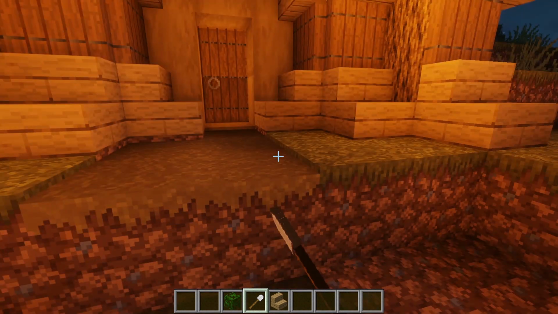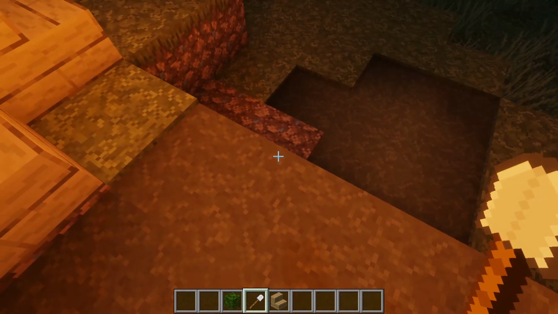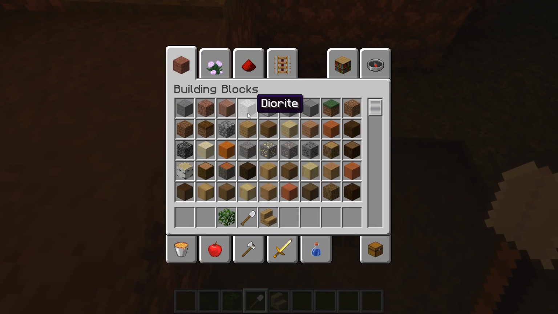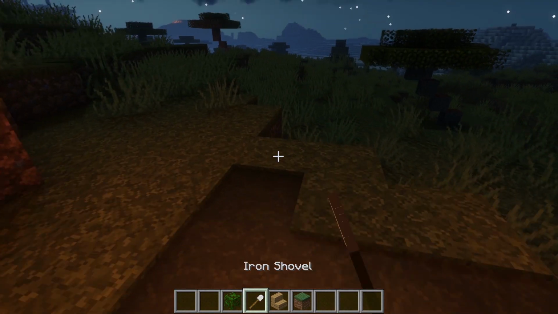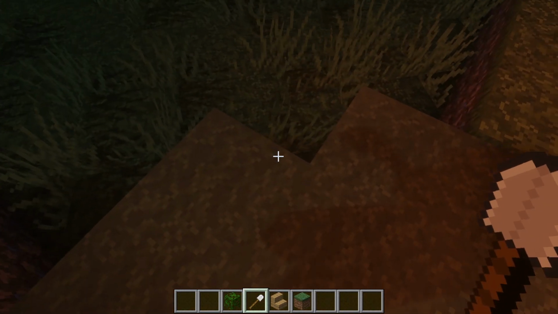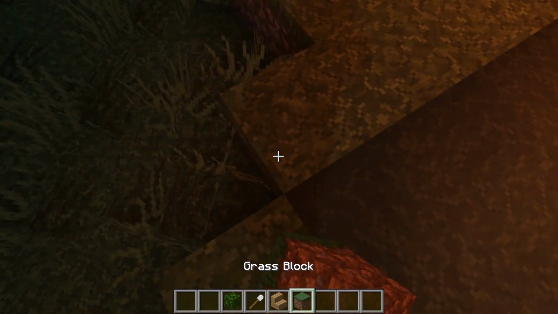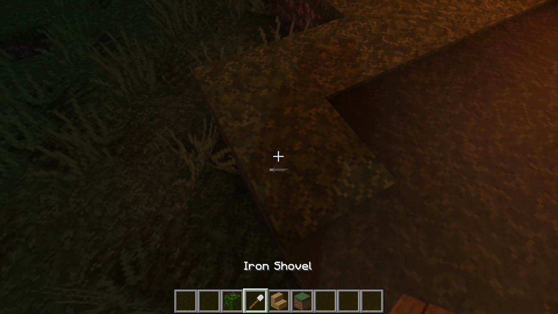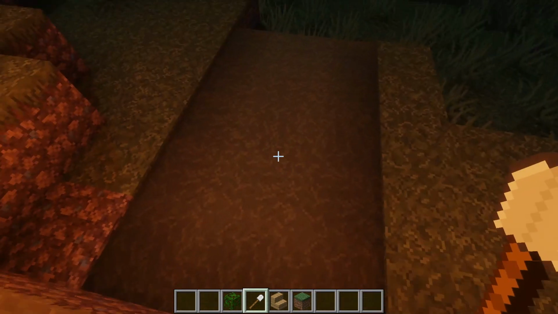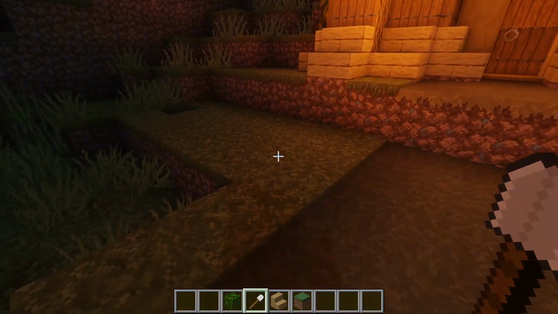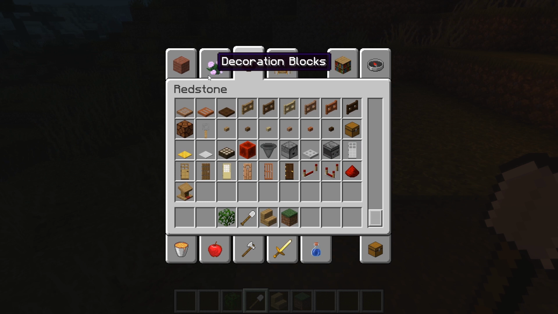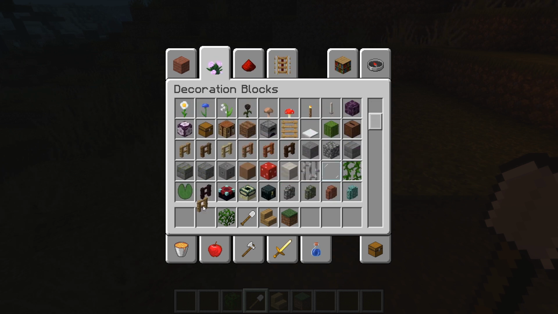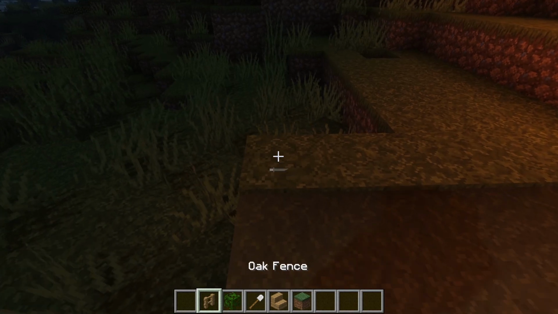So as you can see, this is shaping up to look very, very nicely. I'm actually going to destroy this and put a standard grass block here, and there we go, all the way to the edge, just like so, and we're going to finish off by simply creating a nice little path. So there we go, this is going to be our path leading into the house, and what you're going to want to do here, just to finish it off on the outside and make it a little bit nicer, is we're going to make a few